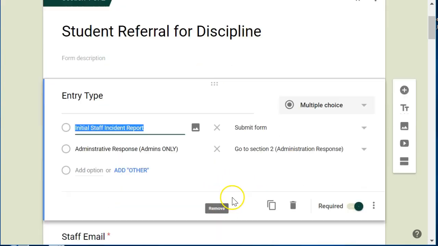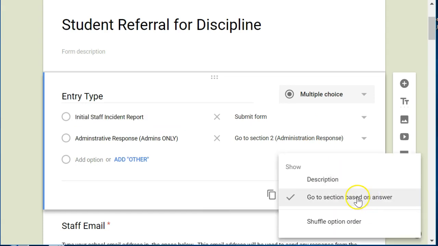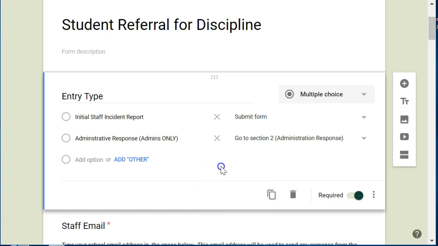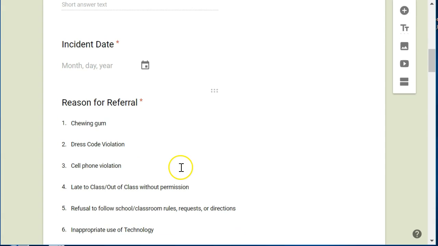You'll notice if you click on this question, you'll see that I have enabled the go to sections based on answer feature. In order to do this, click on the bottom right-hand corner of a question and select that. This allows me to direct the user to different parts of the form based on the selection they make in this first question. So the teacher only sees the first part of the form where they're filling out information about